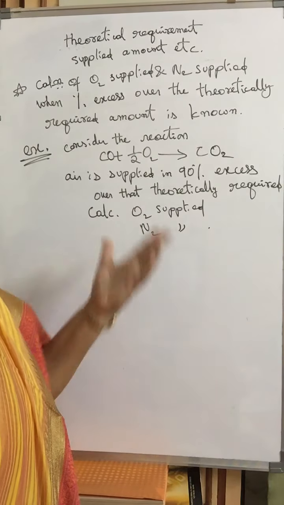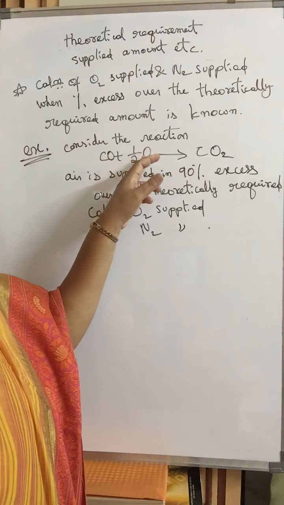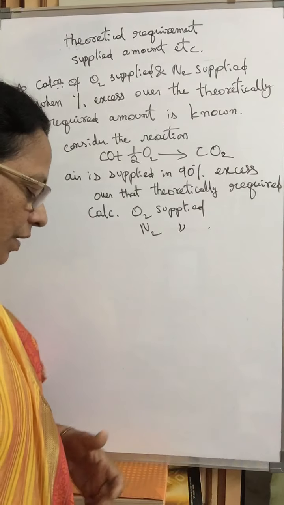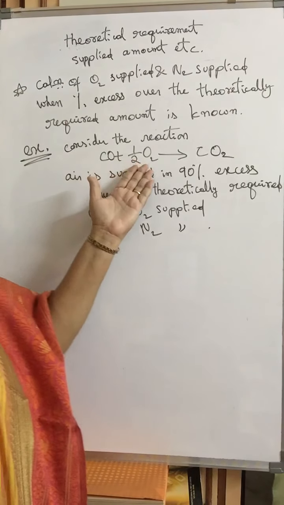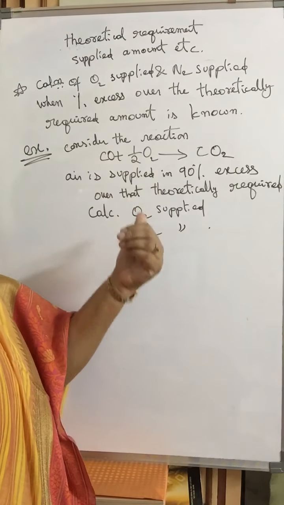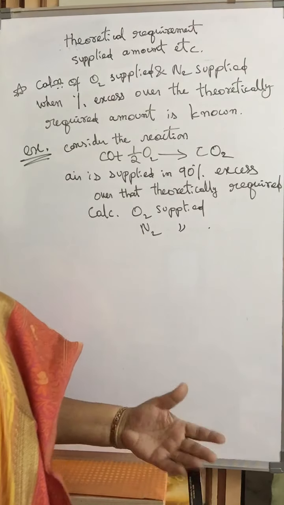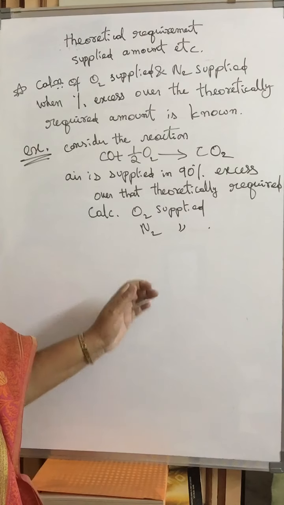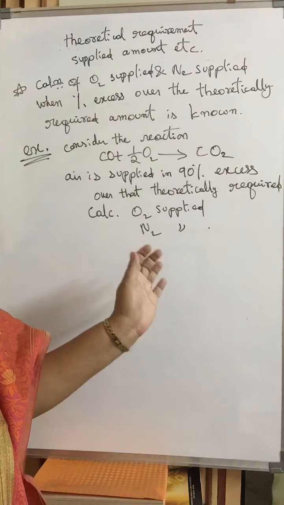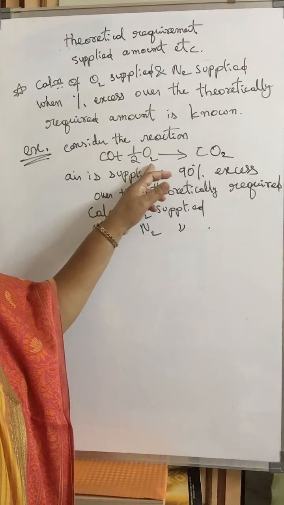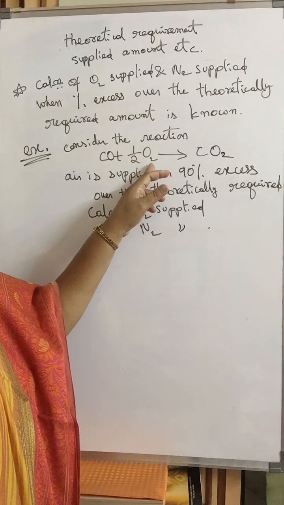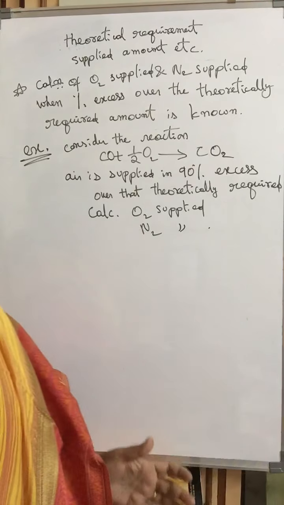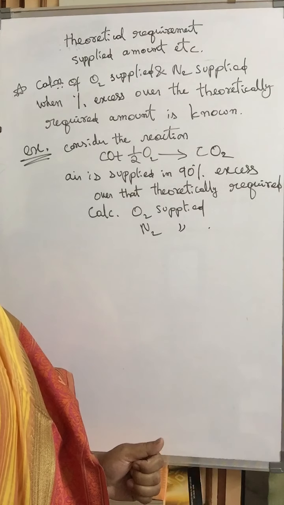In any reaction we can see oxygen, but we never write air, isn't it? But practically, when we need to supply oxygen, we supply air, because to run the operation at low cost, they will simply supply air. But if you supply pure oxygen, that is well and good. The purity of the products will be good, and the volume of the reactor required will also be less, because